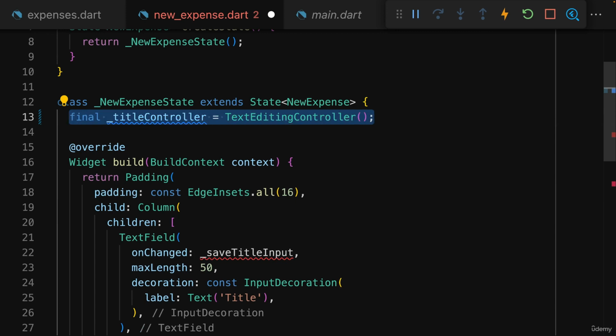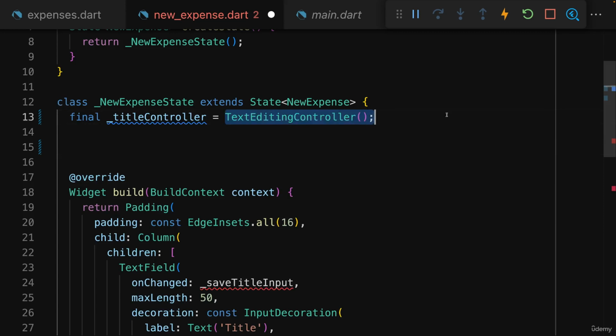Now when using TextEditingController, there's one thing that's really important to keep in mind though. When you create a text editing controller here, you also have to tell Flutter to delete that controller when the widget is not needed anymore. So for example, when the modal overlay is closed. Because otherwise, this text editing controller which you create here would live on in memory even though the widget is